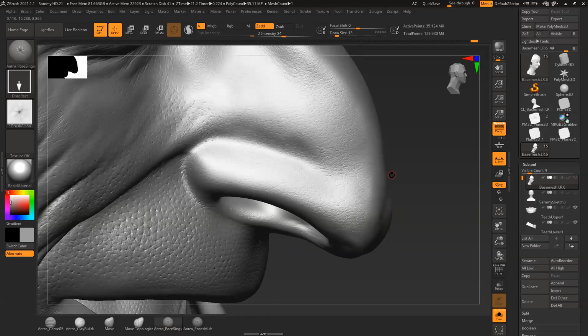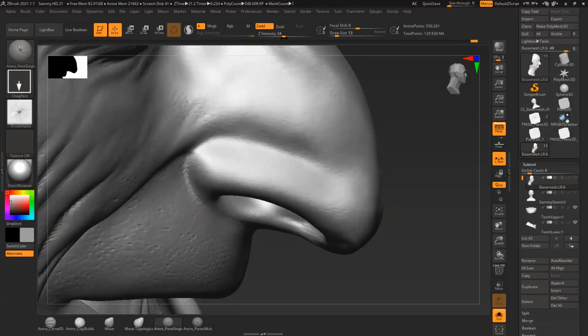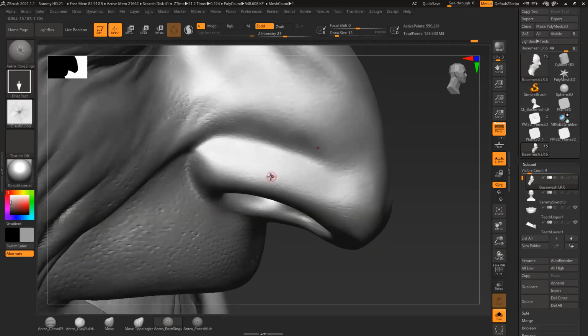So one way to do that, you go a couple of subdivision levels lower than what you have. For example, 2 down or 3 down. And then I can increase my density, the intensity here, and then I can add my pimples. That's a little bit too low. Let's go one more. So at subdivision level 2 here inside of HD. And then if I add my pores in there,